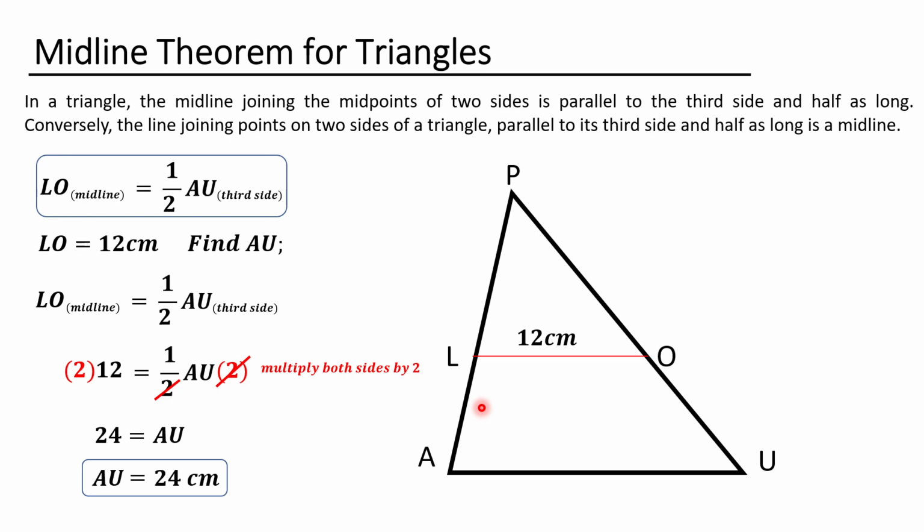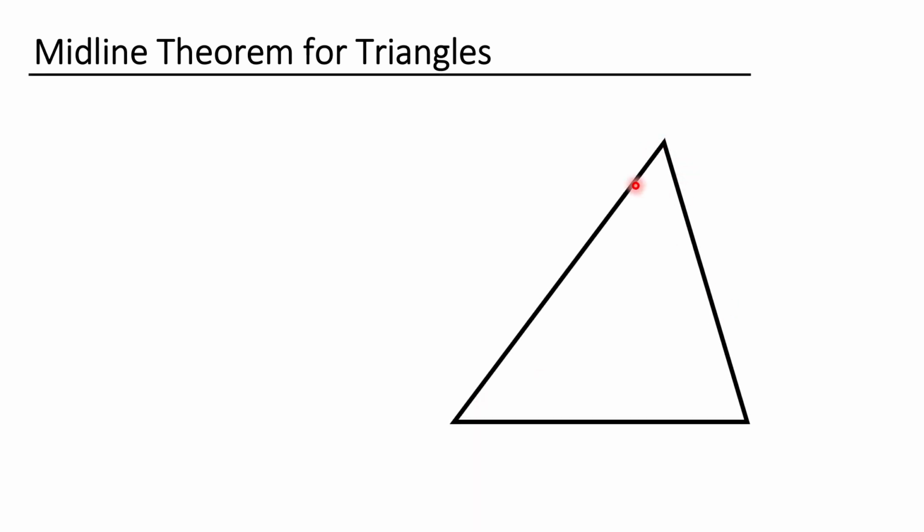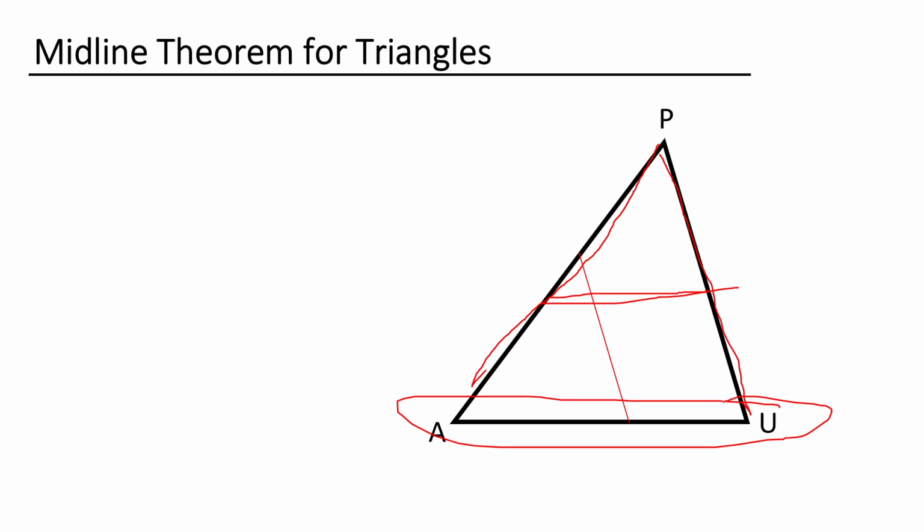Okay? So, let's have another example, this time in a different form. This applies to any triangle. But this time, again, let's name the same triangle as triangle PAU. This time, we will take the midline on another side. If you noticed earlier, in our examples, the midline was taken here, right? But this time, it can be here. So, earlier, these were our two sides, and this was the midline, and this was the third side. Okay? But this time,